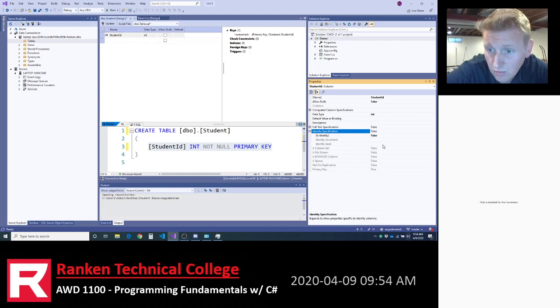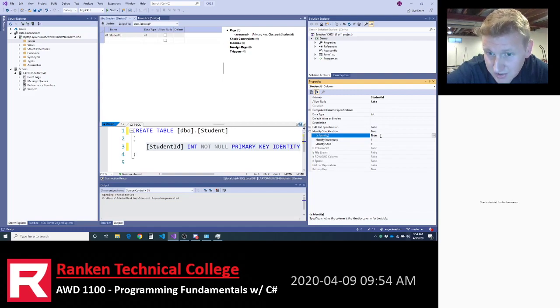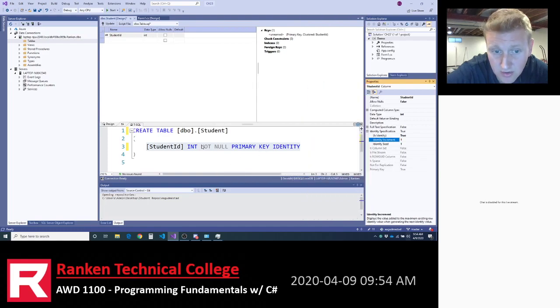And so what I'll do is I'll set is identity to false. We're going to change it to true. And when I change that, the identity specification to be identity, it sets the seed, basically the first student will be student 1, and the increment will increment by 1 at a time. And so I changed that property. Now you'll notice it changed